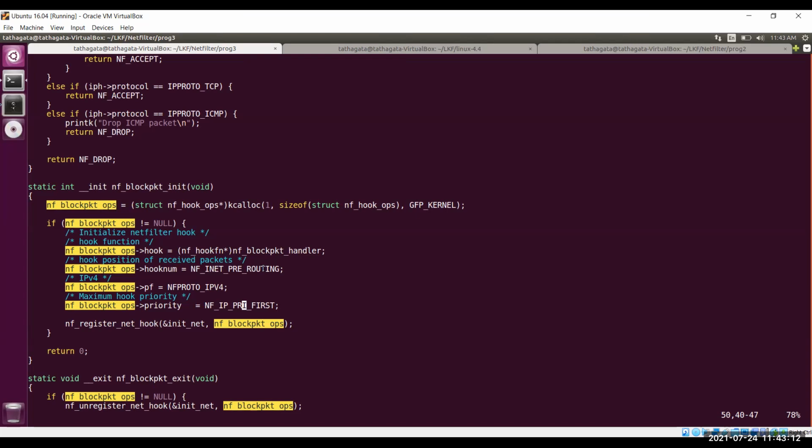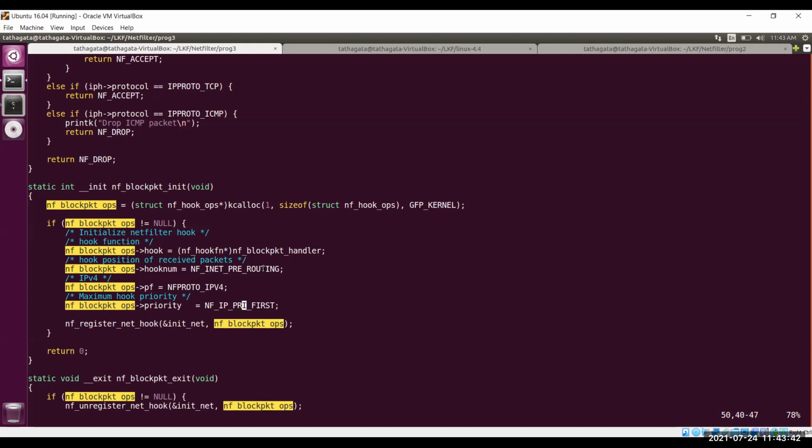So if you want to drop anything and you are not dependent on any other kernel modules. In some cases it may happen that one of the callbacks of one of the hooks may modify the packet, and after that you need to check the packet, and then based on the packet content you will decide whether to drop or allow the packet.